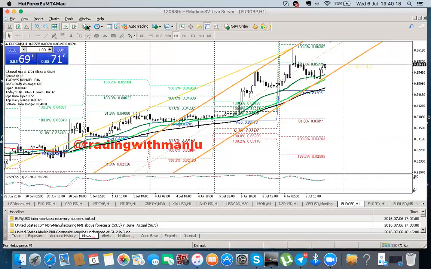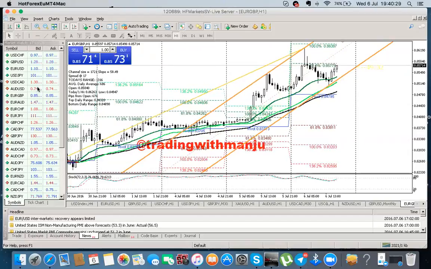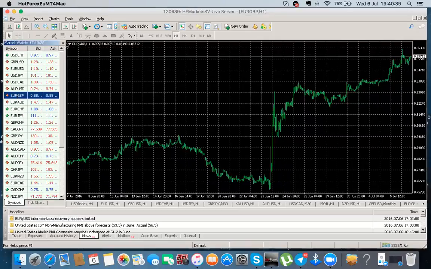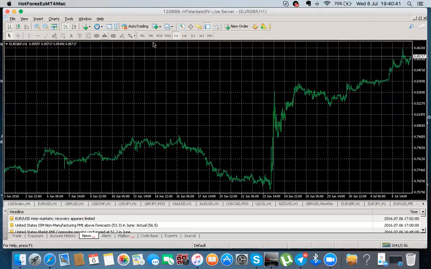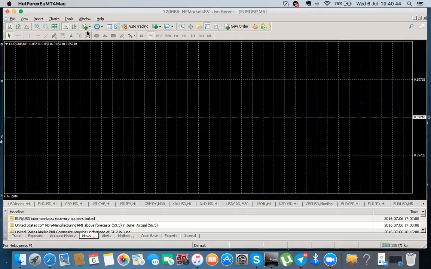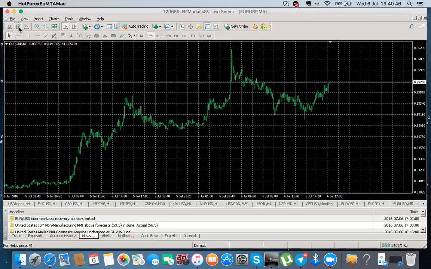Phenomenally. You can try this whenever you're free. Try it on demo. And if you don't understand the pattern for a while, ask me, Manju, do you think this pattern is valid? I'm going to explain it to you, because sometimes those patterns look similar, but they are lacking some kind of structure formation. So if you look at this right now on 5 minutes here,